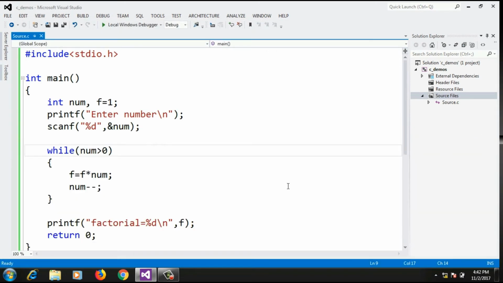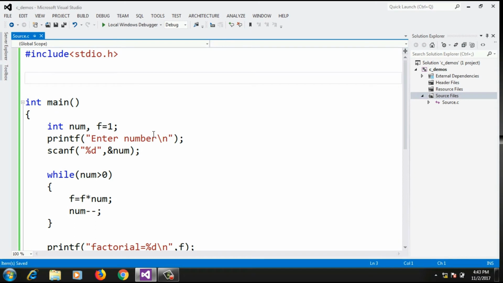Now suppose I want to write a function. This is a program which I have implemented where I have taken the number here and printed the answer here. Now suppose I want to write a factorial function, or fact function, and the calculation of factorial will happen inside that function. In that case, first of all I need to declare that function.